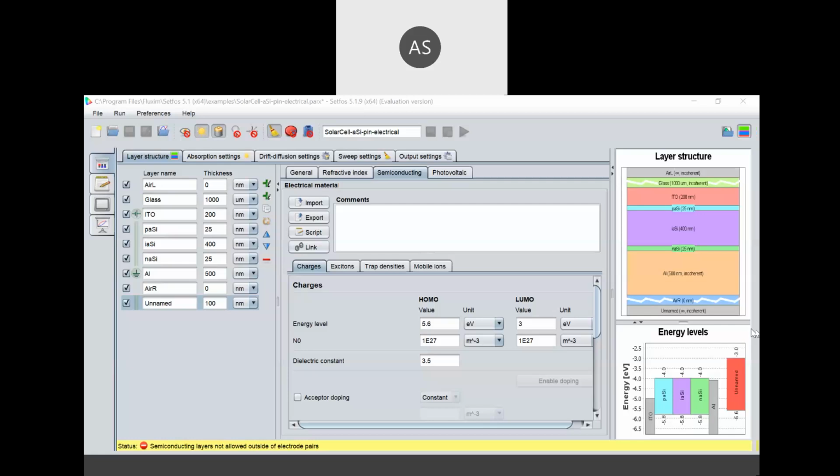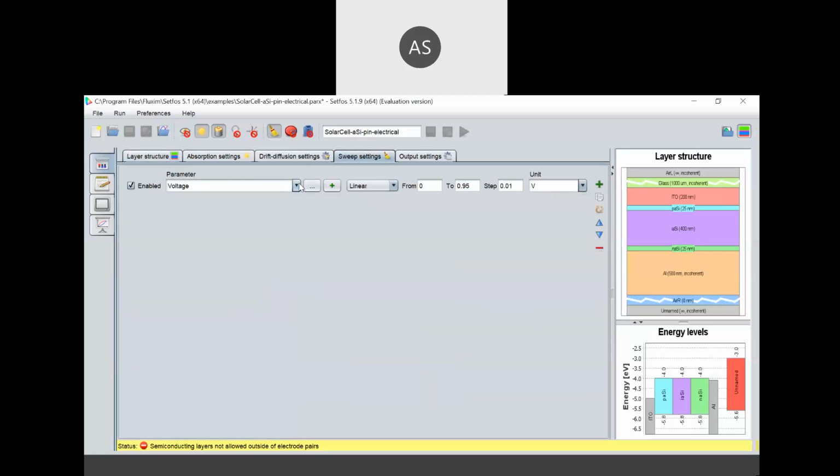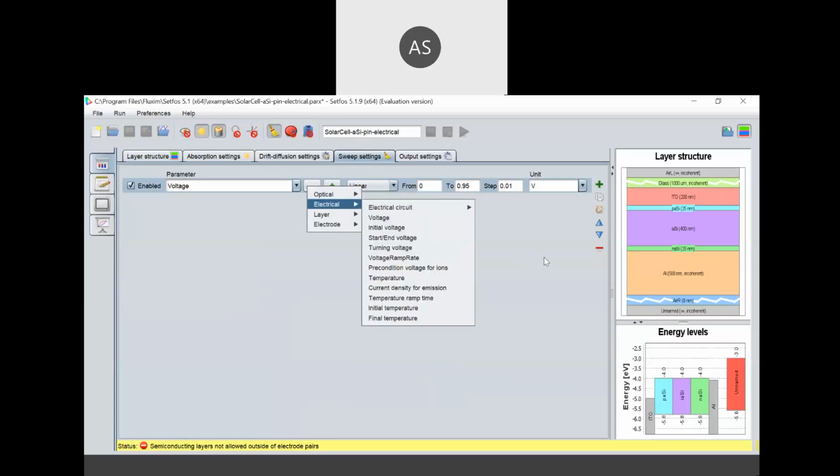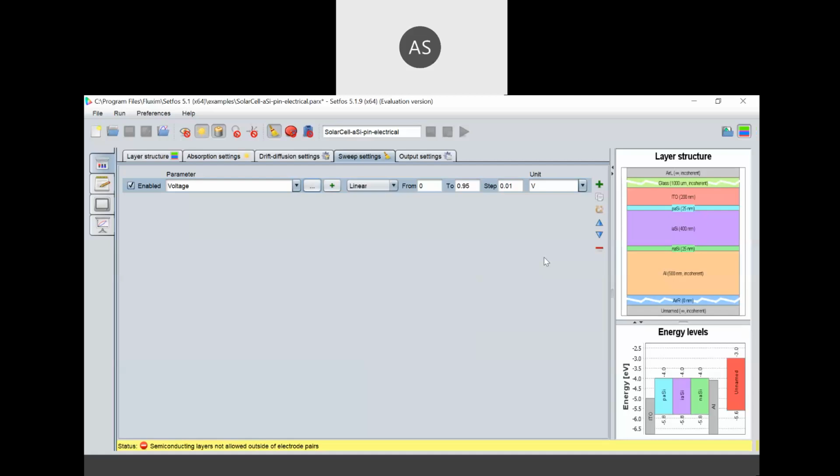In between you can find at what voltage you are getting maximum efficiency. That's why this sweeping will perform the calculation on each and every step. That's why this sweeping is important, where any electrical, optical or layer-specific material parameter you can sweep. The exact value will be decided based on the output of your device and material parameters.